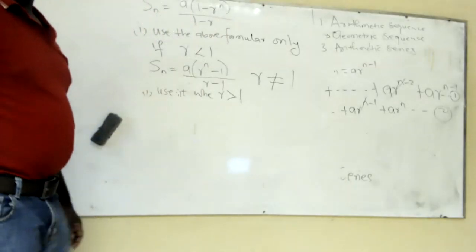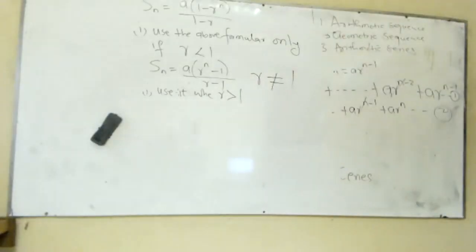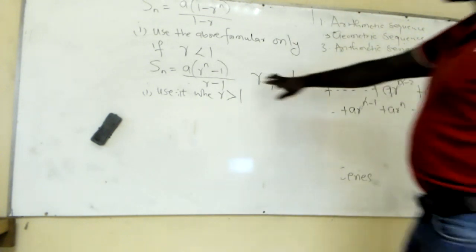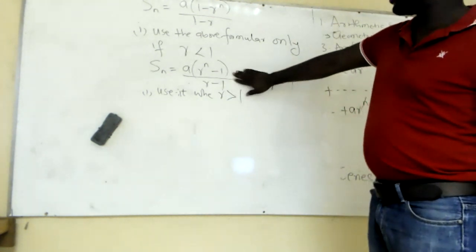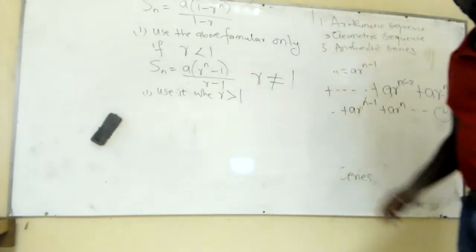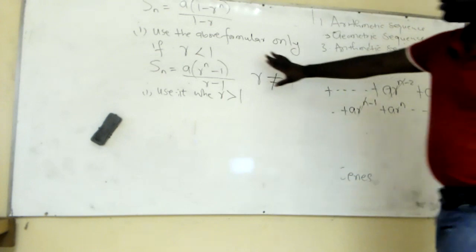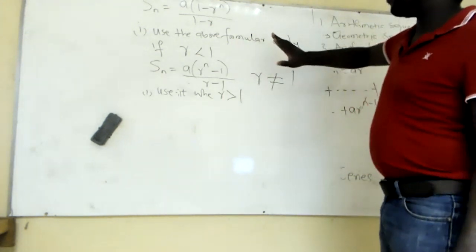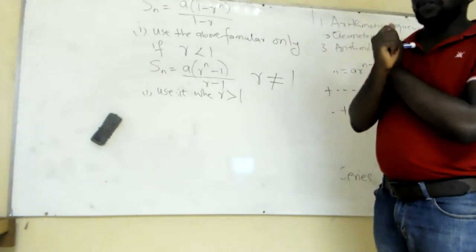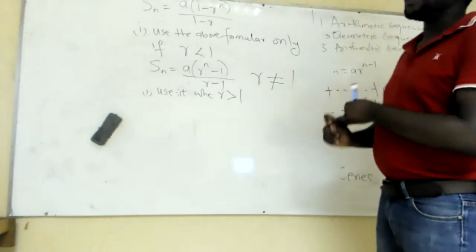Are we all together? It's your time to ask me where you do not understand. So we have covered just one aspect up to now, the derivation of this formula we have here, which we call a geometric series. I don't expect you to know much about that now. We're going to cover the detail of that immediately after this. So for now, just take note of the derivation which I've given you,